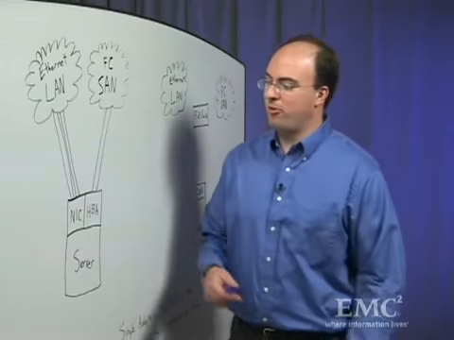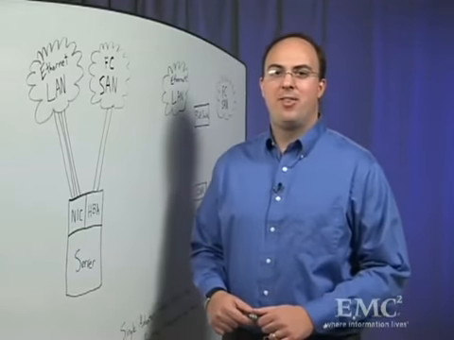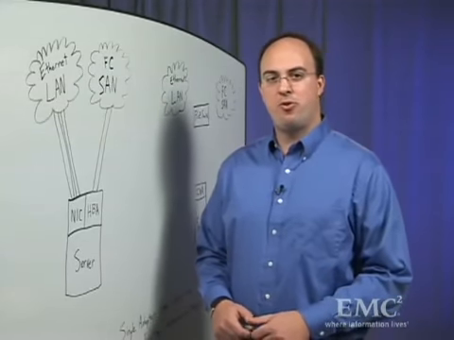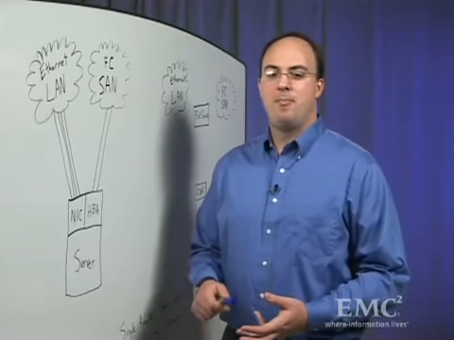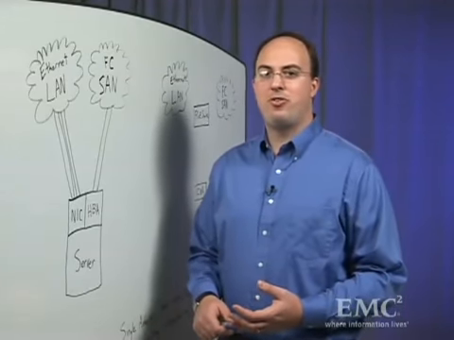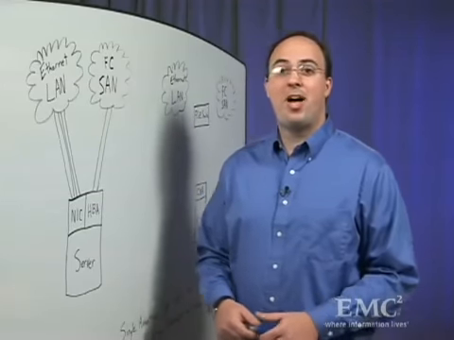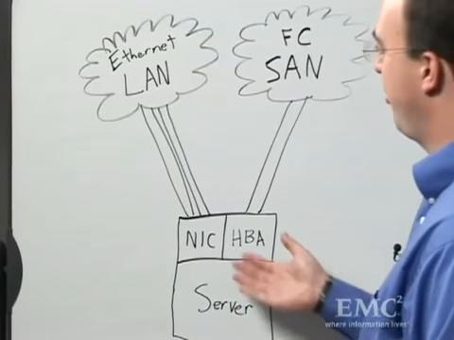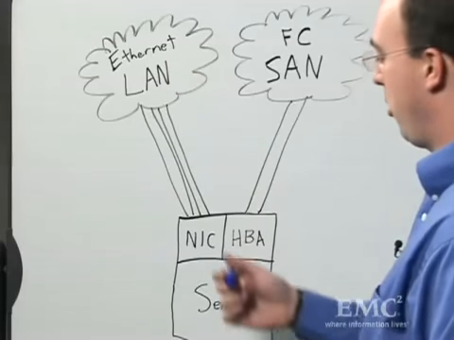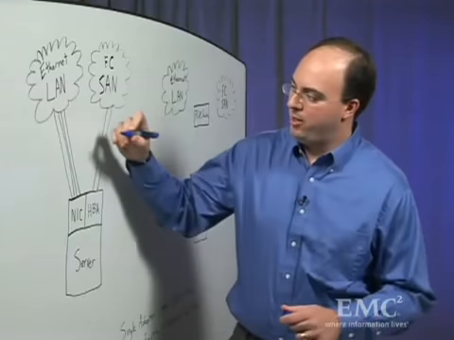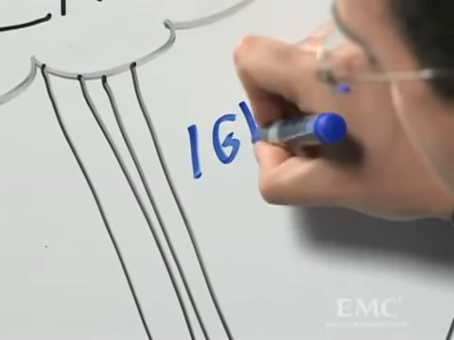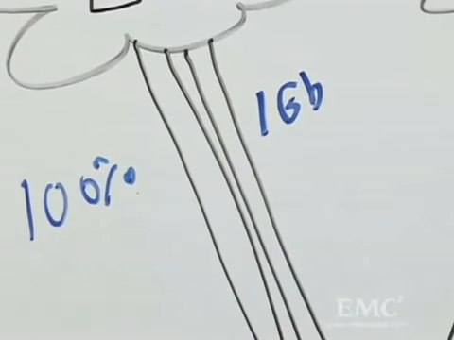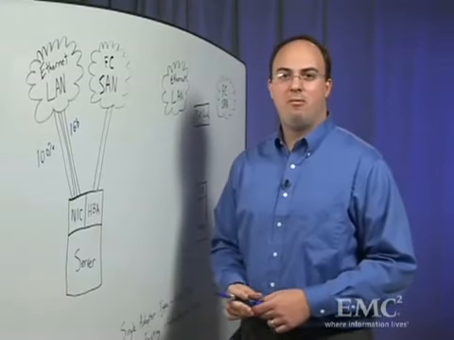If we look at servers in the enterprise data center today, they typically have multiple network environments. All of these networks have their own terminology, protocols, management tools, and physical components. This creates a lot of inefficiencies. If we look at the server, the first network that is attached is typically the Ethernet LAN, where we have our NICs attached to the LAN. These are typically running at 1 gigabit speeds. And today, almost 100% of all servers are attached to the network, which is a critical piece of all networking